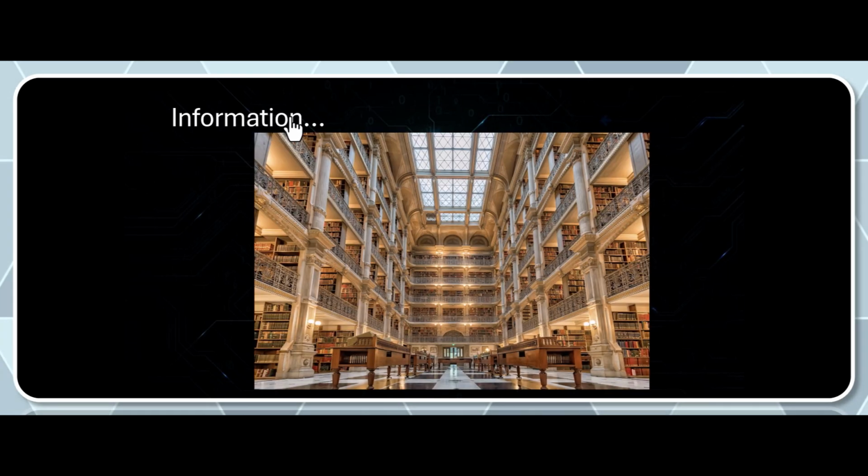But some information is meant to be shared, and it can be shared, and it should be shared. By the way, can you just smell the knowledge there? I can just smell the books. It reminds me of all those bookstores at the mall that I used to sit in sometimes. Anyway,